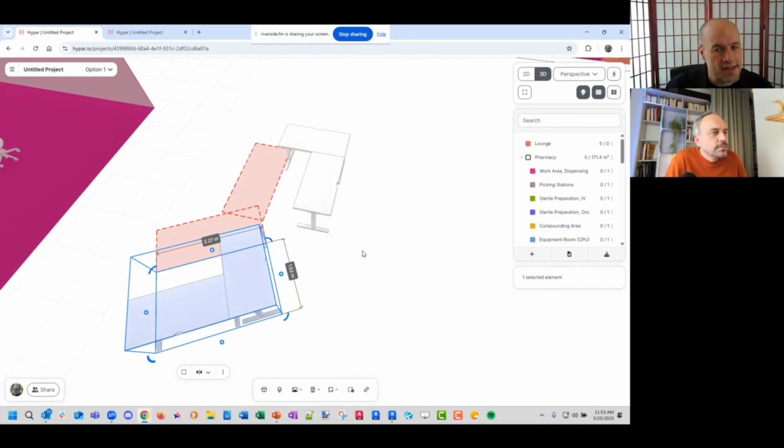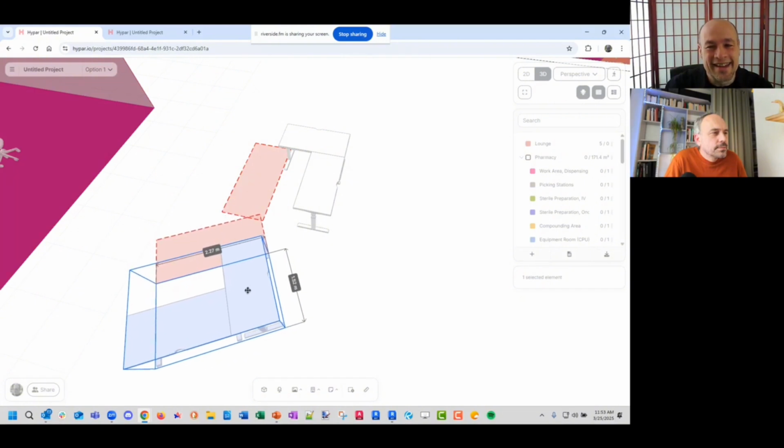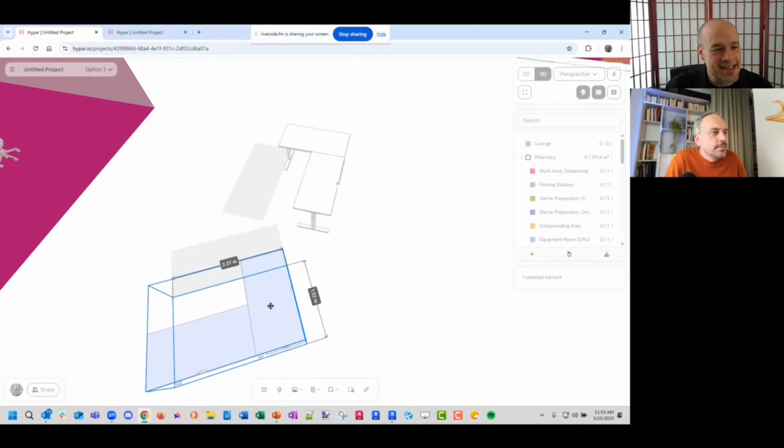Now, we've asked a lot of designers, how do you resolve? Well, first, how do you detect clashes? And then how do you resolve them? And they say, well, we stare at a drawing for a really long time to see if any of the dotted lines overlap. So we thought maybe we can do better.